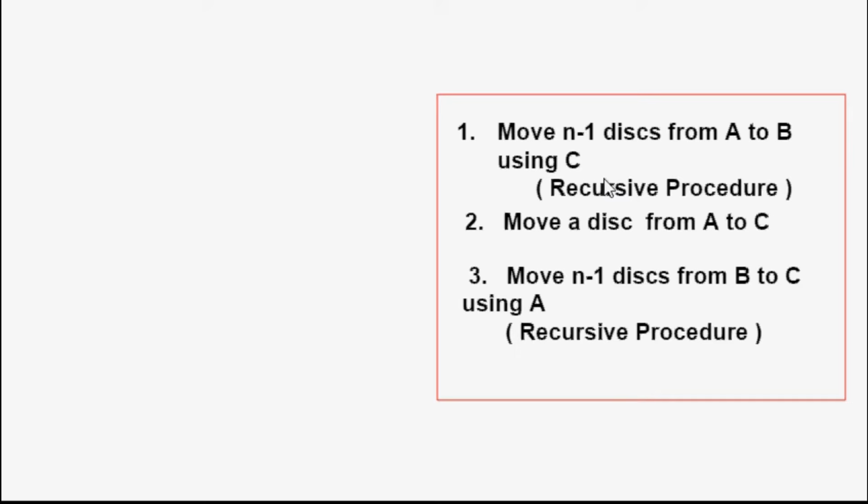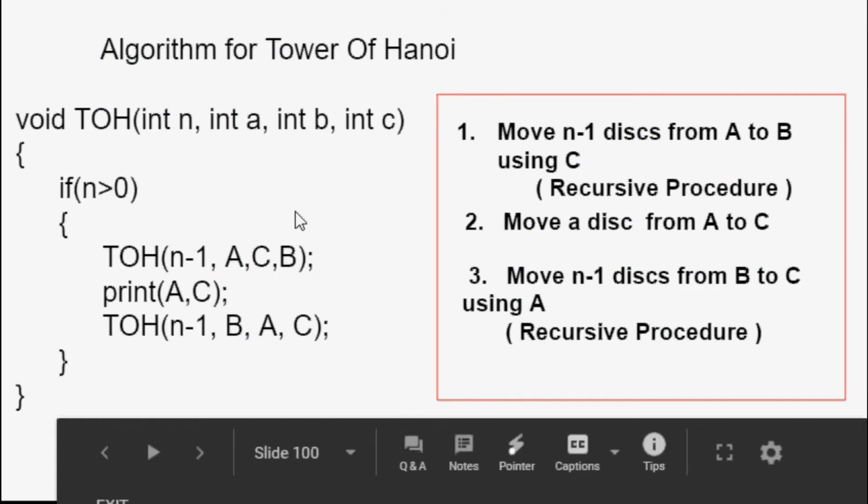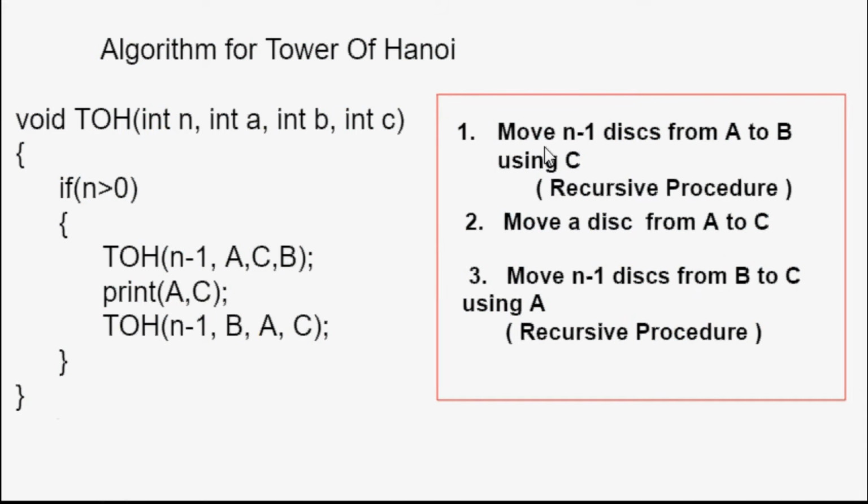But before shifting on to the program, we would like to make a code snippet from this algorithm. So this is the code snippet that I'm going to make from this algorithm. The very first call is that I need to pass all the n number of disks and 3 rods or 3 towers with us. So here we have defined a submodule, that is TOH, that stands for Tower of Hanoi. Inside that we are passing n number of disks and we are having A, B, C as the 3 towers.